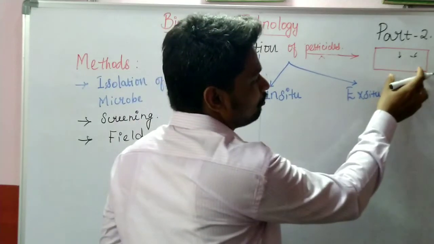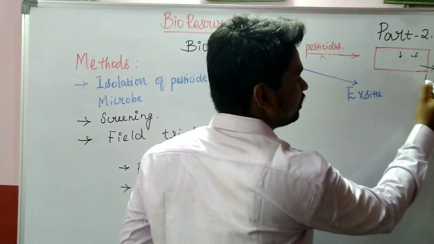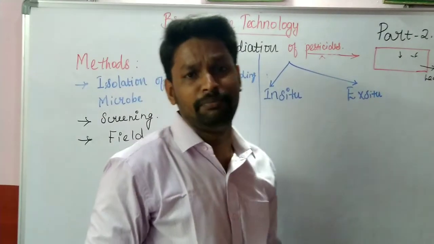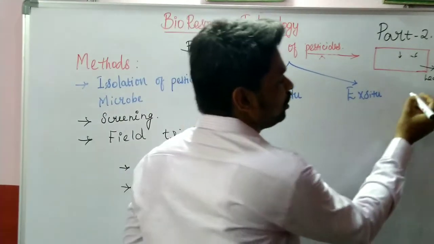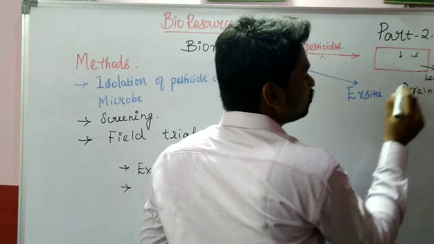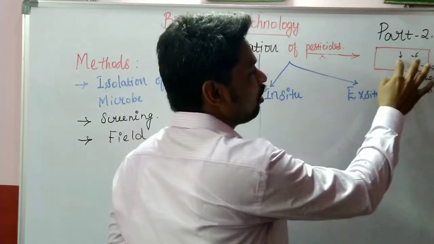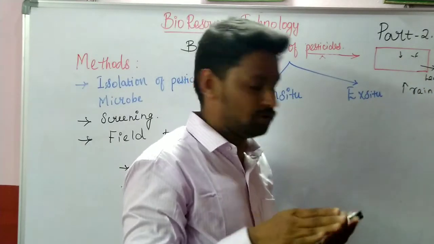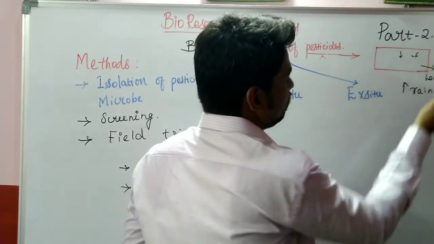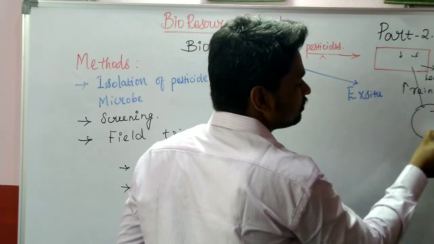So the application or overuse of pesticides will lead to the leaching process, right? Leaching process. This leaching will be caused by heavy rainfall, right? Due to the heavy rainfall, the pesticides deposited in the soil of the agriculture land will be leached out. So due to the leaching process, all the applied chemicals will be taken to one place where a nearby aquatic area is present.